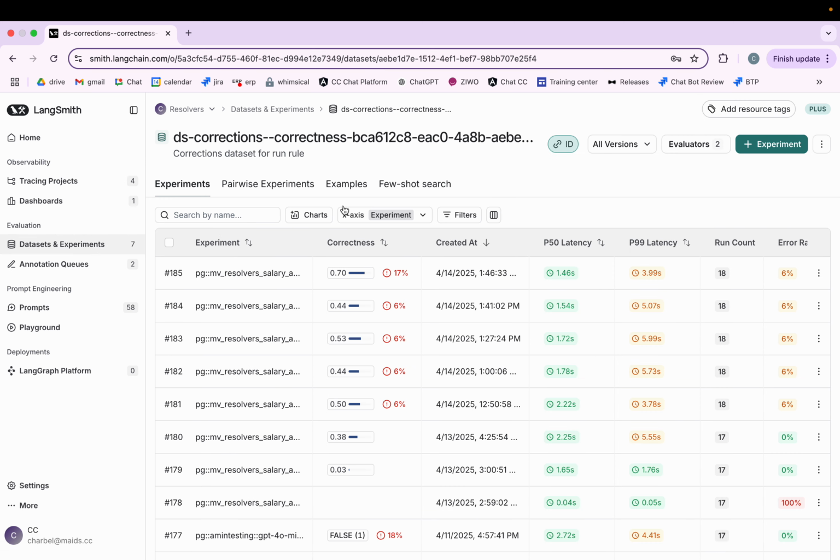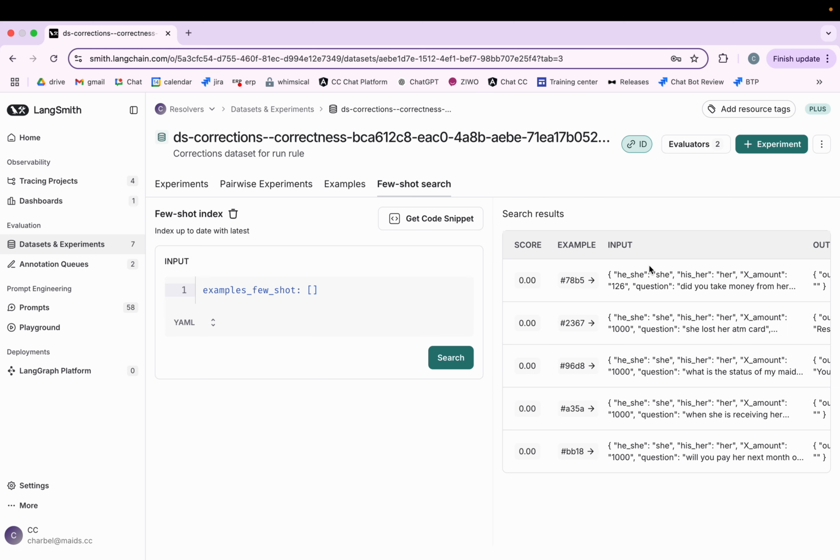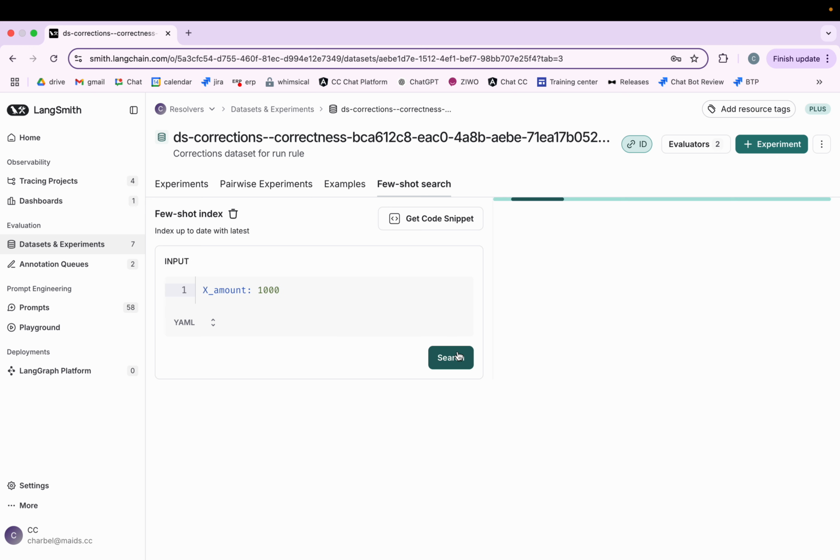Now moving to the fourth section that we have in the dataset, which is the few shot search. This last section lets you filter dataset examples based on specific input conditions. So for example here, our dataset has these variables. If I want to filter for the dataset entries that have a variable X amount, let's say, equal to 1000, and then I press on search,